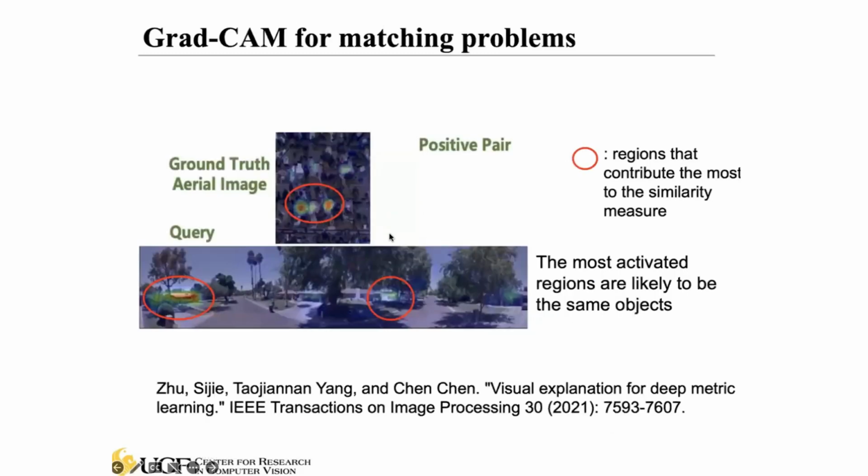We also have a work that is developed not only for classification, but we also do this for the image matching problem. Okay, so this is kind of a retrieval task, right? You have a given image, you want to find a matching image in the database. So this is basically doing metric learning. We also want to explain this, right? For this example here, we are doing image retrieval, this kind of cross-view image retrieval.